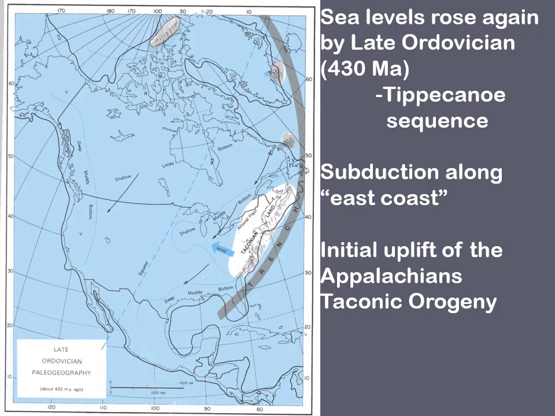Now, when we think about the Appalachians, they're the smaller mountain range in North America. When we think about the mountains of North America, that's the Rockies, the big Rockies out west. And we'll get there. The Rockies are relatively recent. The Appalachians are very, very old. And it wasn't just one uplift event. It's actually a series of uplift events, the first of which is in the Ordovician, and we call it the Taconic mountain building event, or the Taconic orogeny.